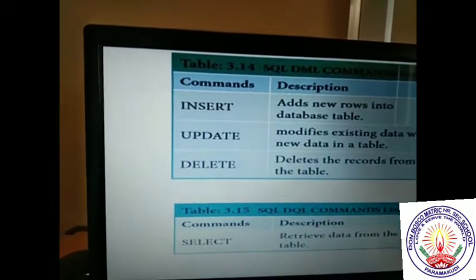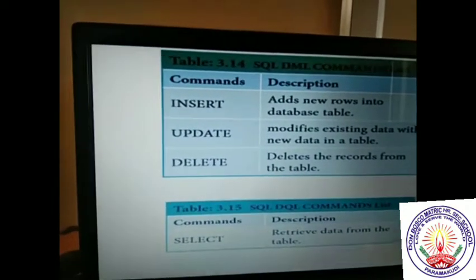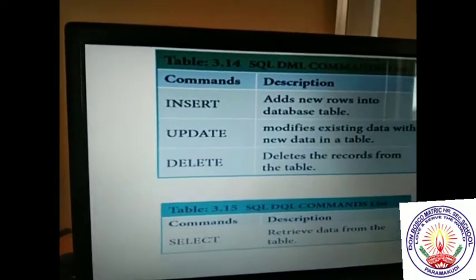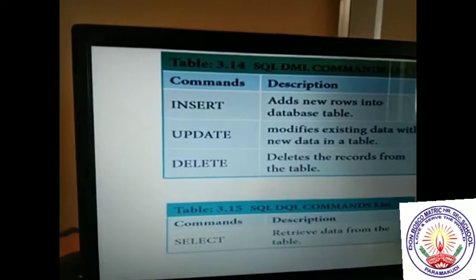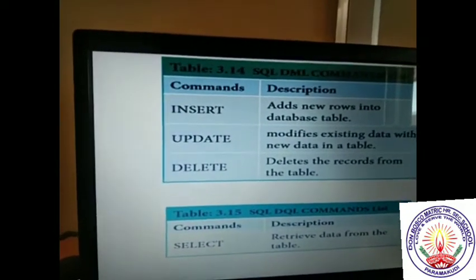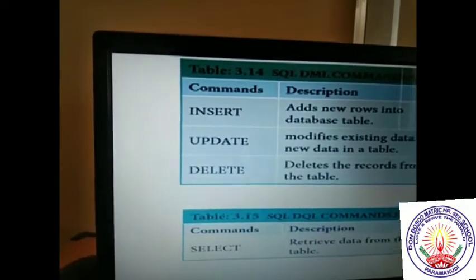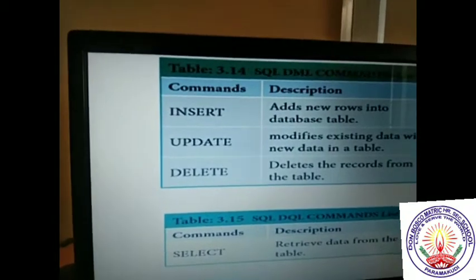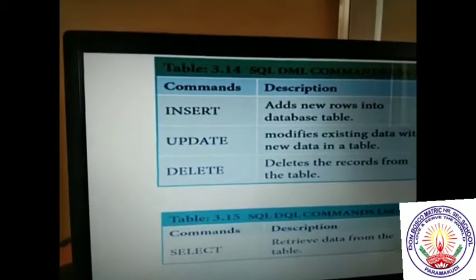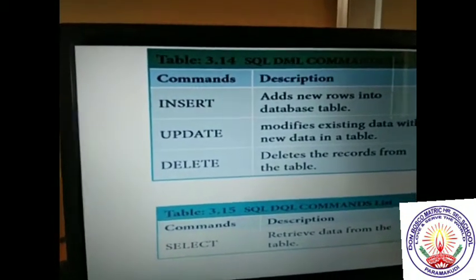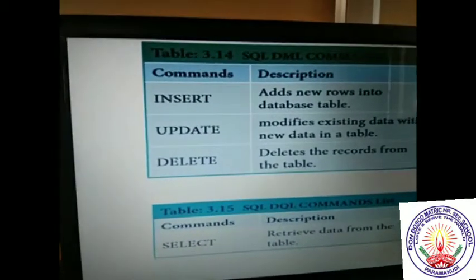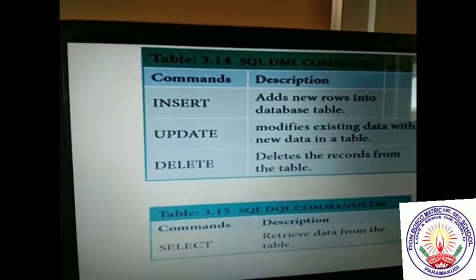Insert means adding data to a table you have already created. If you want to add some other data, you have to use the insert command. Update means modification of the data in the given table. Delete is used to remove records from the table.